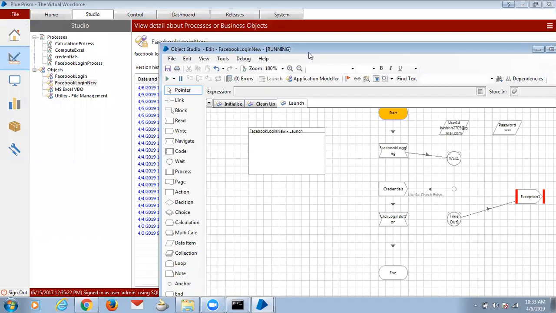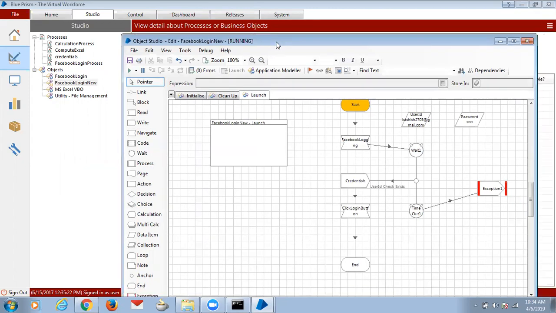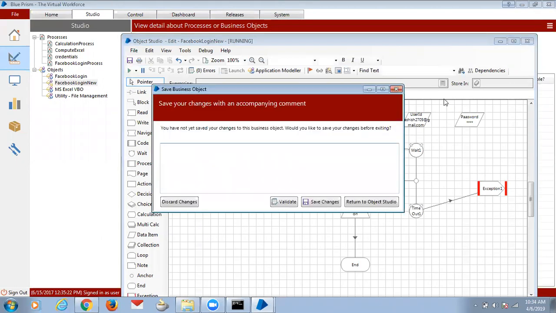So, which version of this software? Sorry, what is the version of this software? The same, because I downloaded it from the same folder that you shared with us. Okay, because even I have not looked into the version. Just close this Blue Prism Object Studio and reopen it. It should work.